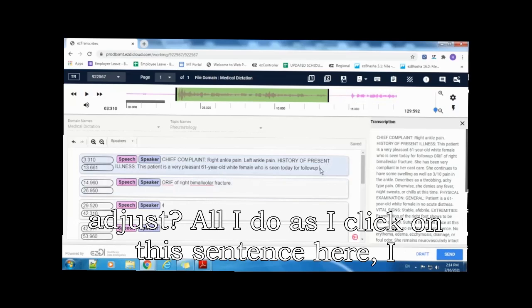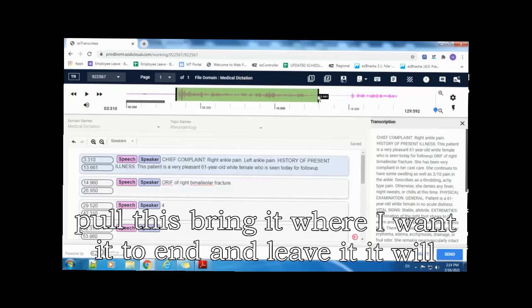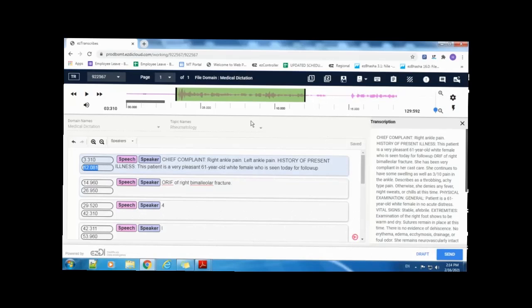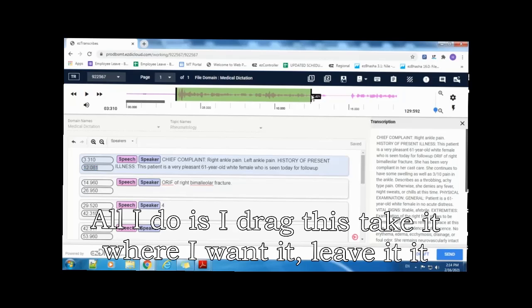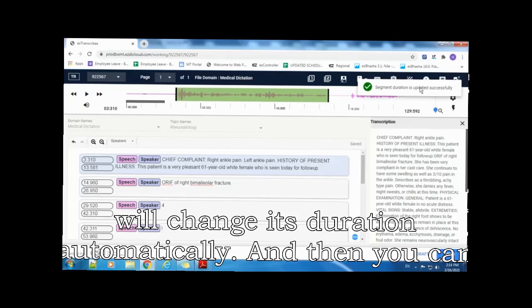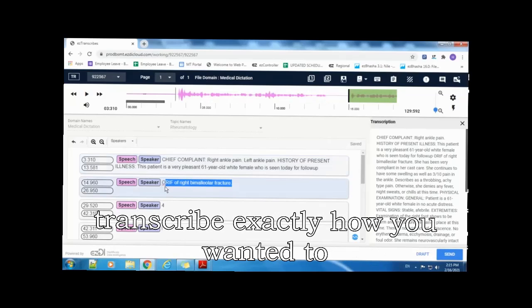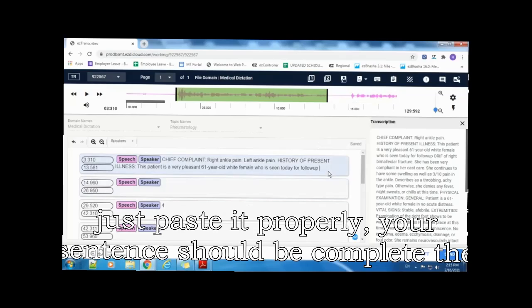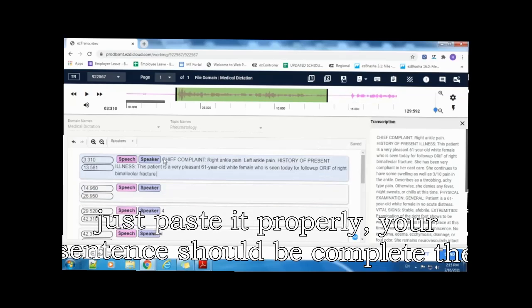All I do is click on this sentence here, pull this, bring it where I want it to end and leave it. It will change its duration automatically. And then you can transcribe exactly how you want it to. Just paste it properly. Your sentence should be complete.